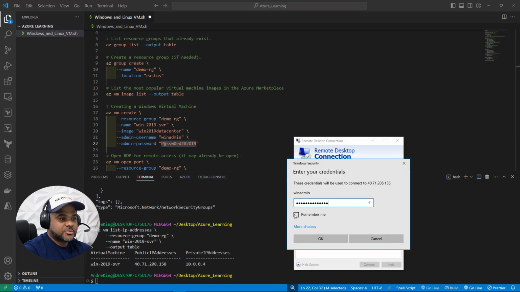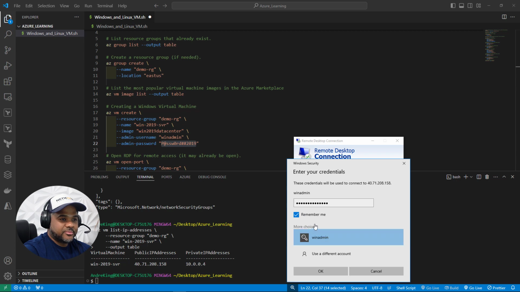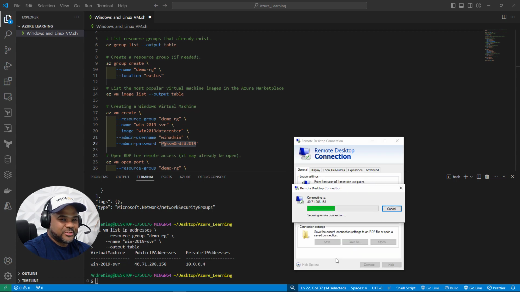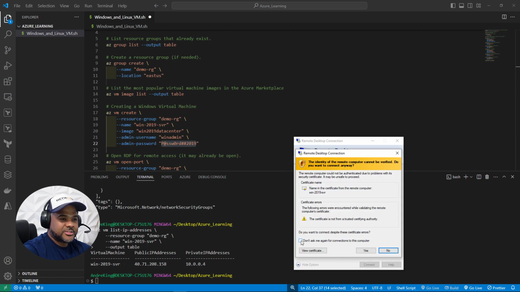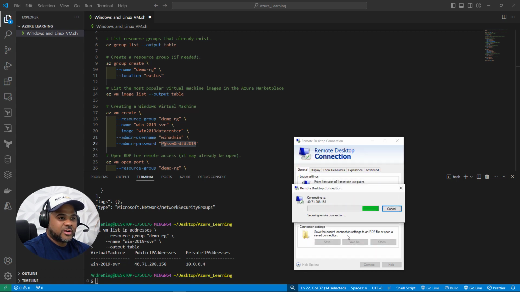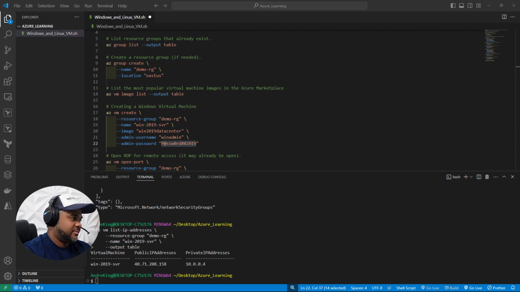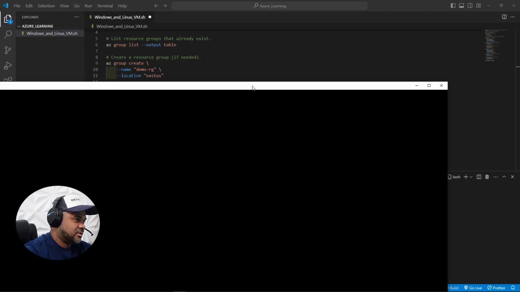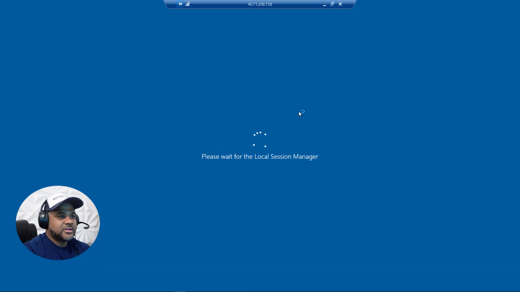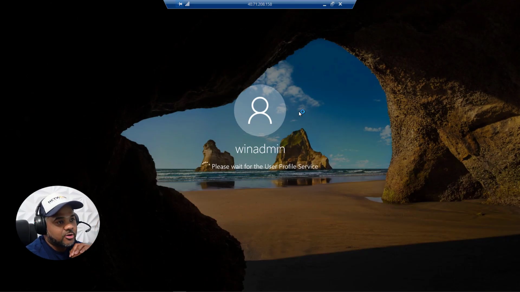Enter the credentials. For now, we'll do remember me, although we're going to blow this away as soon as it comes up. Don't ask me again. Self-signed cert. No proper certificate management here. And then this, of course, opens up on my other display. But this, again, is now, we basically have our remote session and access because we enabled that port or exposed it to the internet. It's the entire internet.